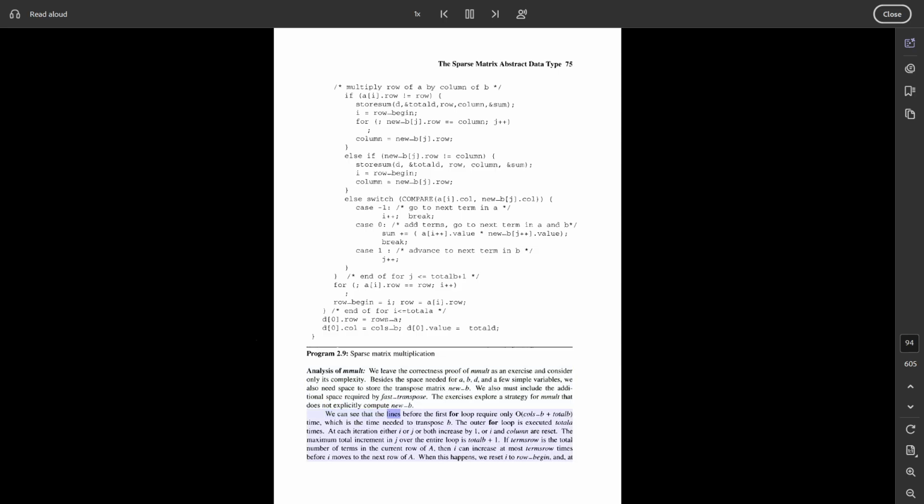We can see that the lines before the first for loop require only O(colsB + totalB) time, which is the time needed to transpose B. The outer for loop is executed totalA times. At each iteration either i or j or both increase by 1, or i and column are reset. The maximum total increment in j over the entire loop is totalB plus 1. If termsRow is the total number of terms in the current row of A, then i can increase at most termsRow times before i moves to the next row of A. When this happens, we reset j to rowBegin and add